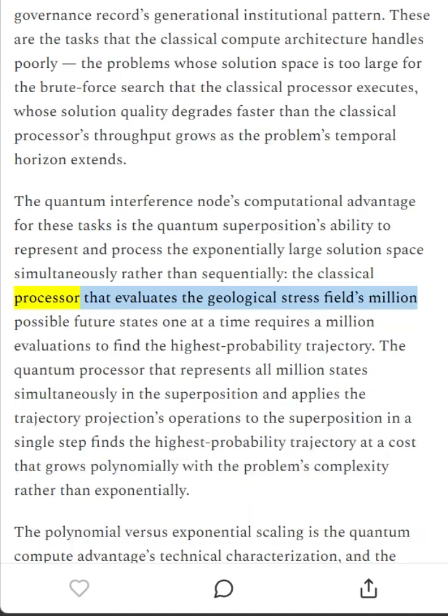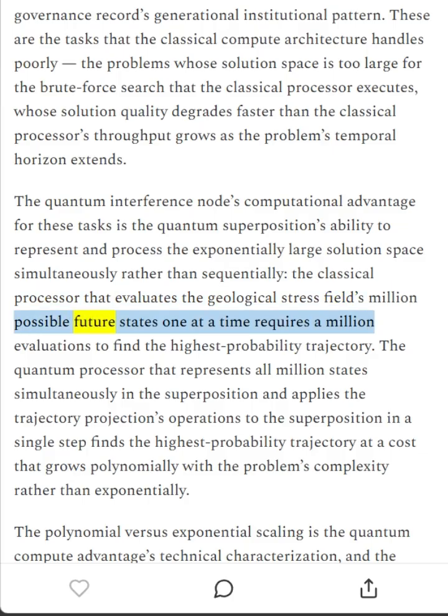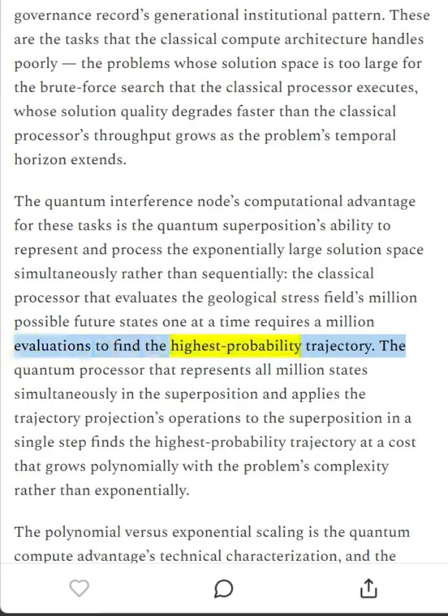The classical processor that evaluates the geological stress field's million possible future states one at a time requires a million evaluations to find the highest probability trajectory. The quantum processor that represents all million states simultaneously in the superposition and applies the trajectory projections operations to the superposition in a single step finds the highest probability trajectory at a cost that grows polynomially with the problem's complexity